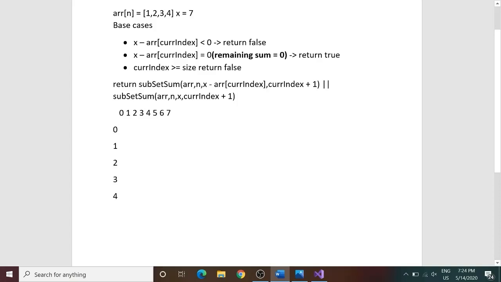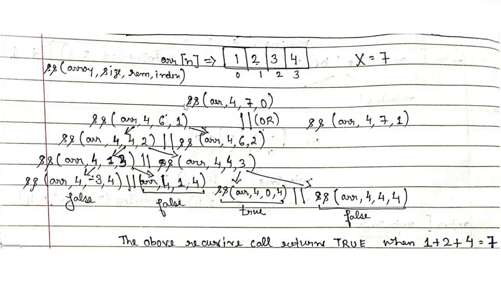Hello everyone. So in this lecture we will be discussing the DP solution for the subset sum problem. In the earlier solution, we had a naive approach, and what were we actually doing in that case? We were creating each and every subset from the given elements and checking whether I have a sum of 7 or not.